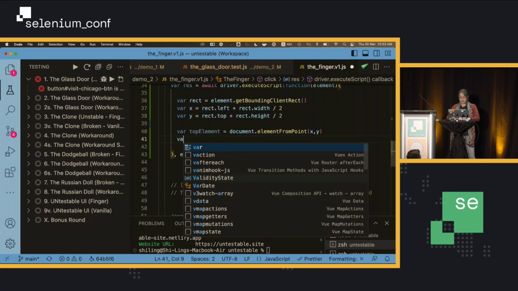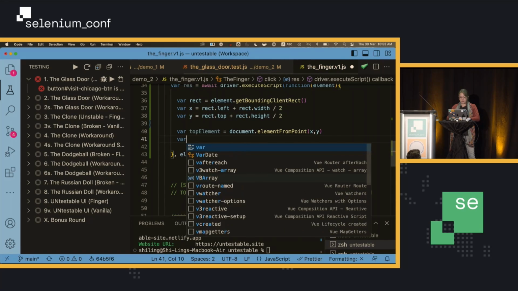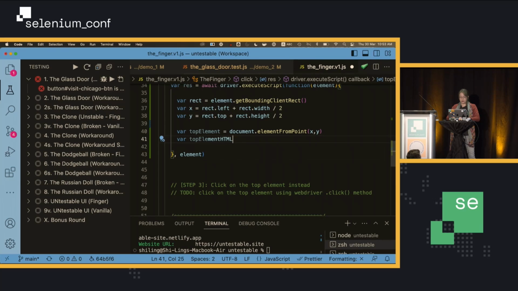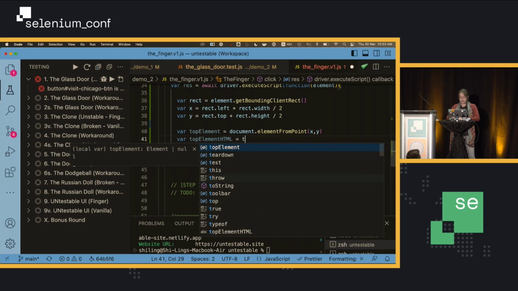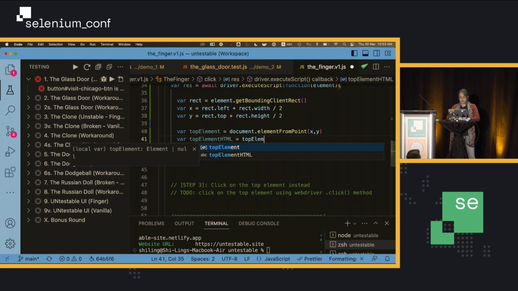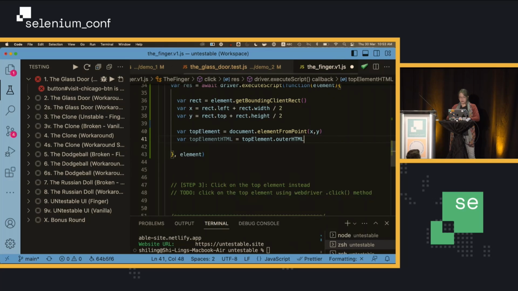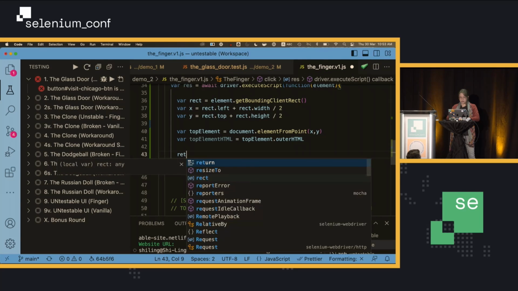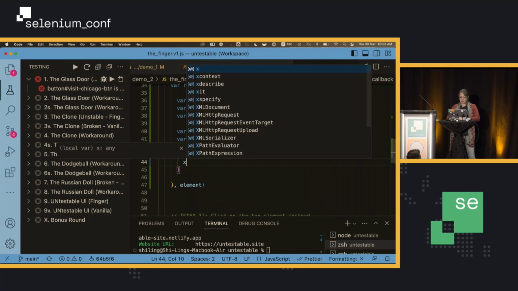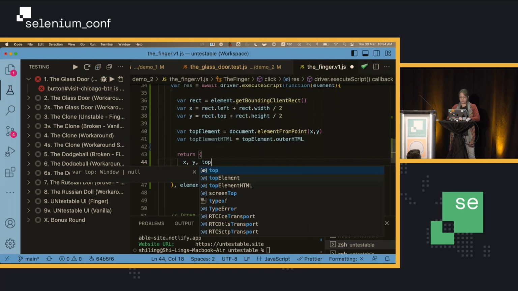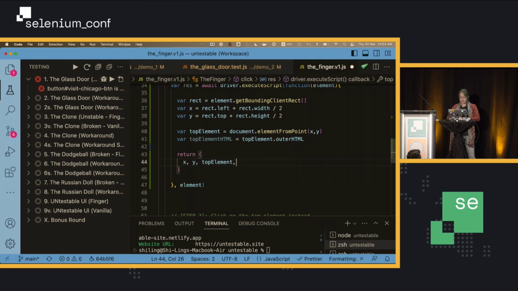And then I'm also going to pass in the HTML so that you can print it out for debugging. Okay, so we'll return all of this: x, y, top element, and top element HTML.